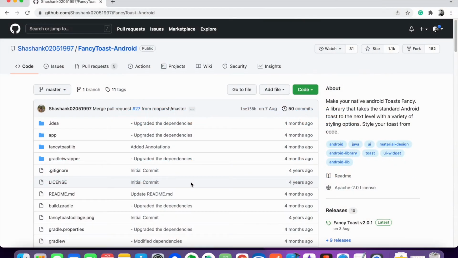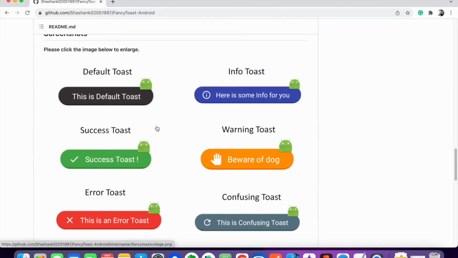The next one is Fancy Toast Android. If you want to show toasts with style to your users, then this is the perfect library to consider. This library offers different toast styles for different events.